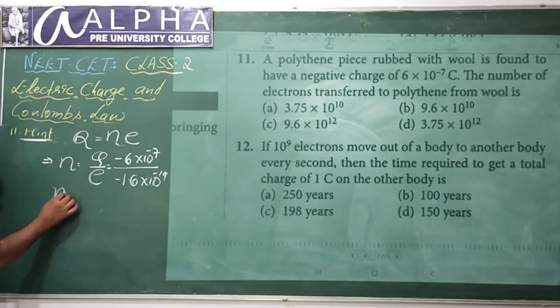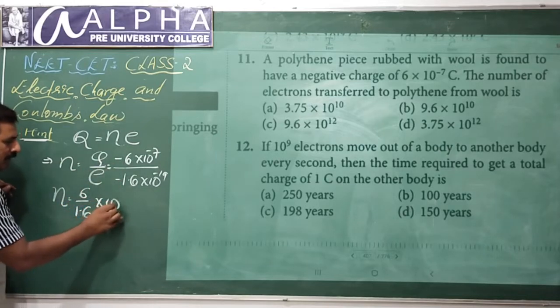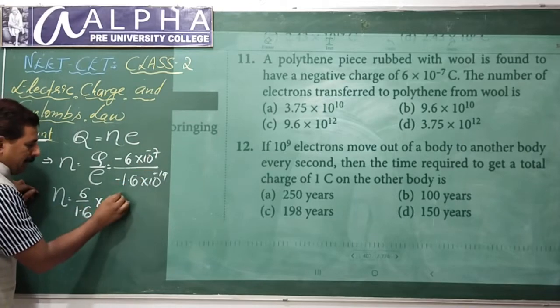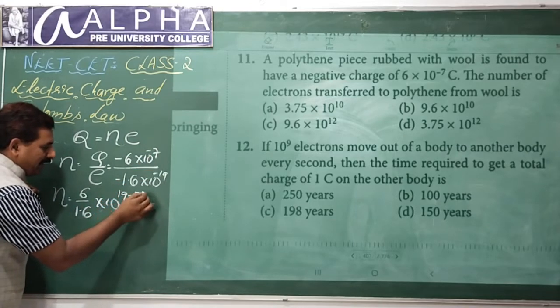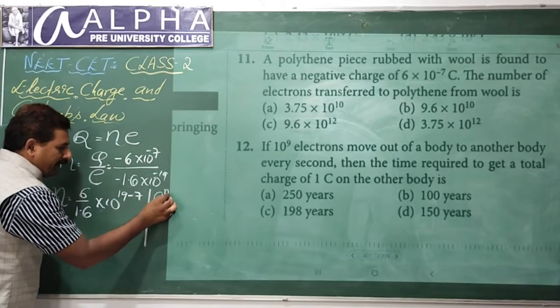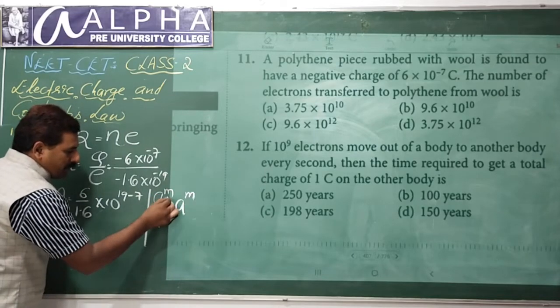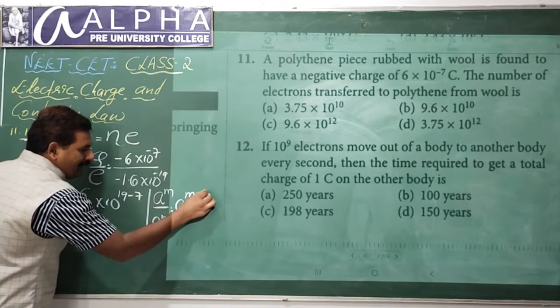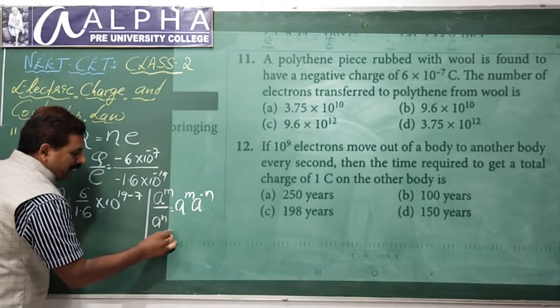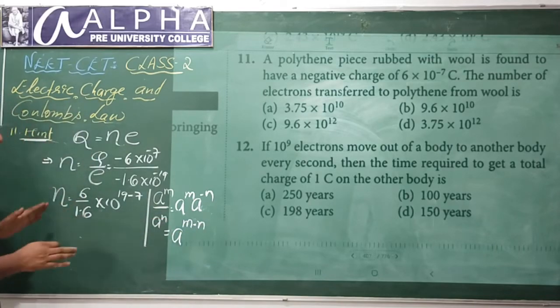Now the simplification is very simple. The numerical part you must do, don't use a calculator, remember. You have to do it in your mind. 6 divided by 1.6 × 10 power minus 19, this 19 comes to the numerator and becomes plus 19, minus 7, plus 19. How do you do this? It's very simple, law of indices. A power m divided by A power n, how do you do it? A power m, this comes to the numerator and becomes minus n. Base same, add indices. I am showing this part as it is the beginning stage. Afterwards you have to do all this in your mind, remember.